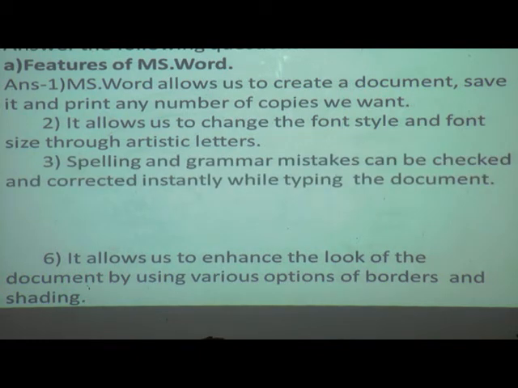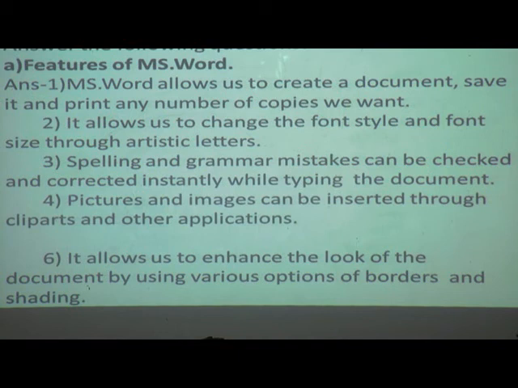Third one, spelling and grammar mistakes can be checked and corrected instantly while typing the document. Fourth one, pictures and images can be inserted through clip arts and other applications.